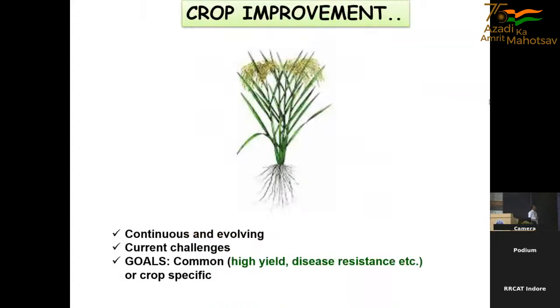So why crop improvement? Among these various research areas, right now I'll cover only the research we are doing on crop improvement, because this crop improvement is a continuous process. You know that all crops evolved from their wild species since human beings have been cultivating. So it's a continuous and evolving process. And we have a lot of current challenges like climate change. You know that there is an increase in temperature and carbon dioxide, and increase in unforeseen rains and drought. So we have to improve the plants to adapt to all these challenges. That is where our breeding is continuous, and we have to address all the emerging pests and diseases and environmental